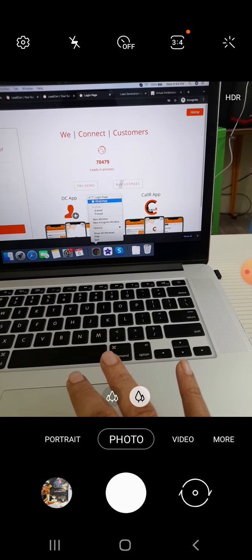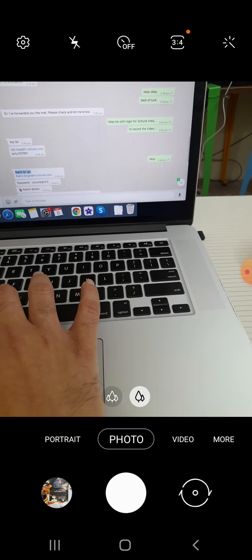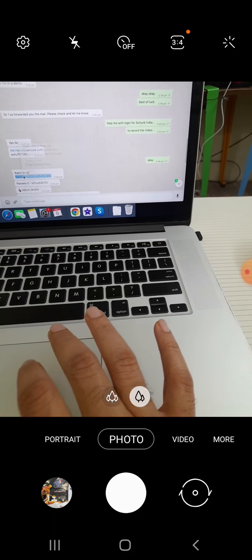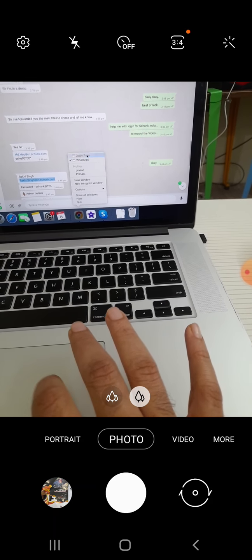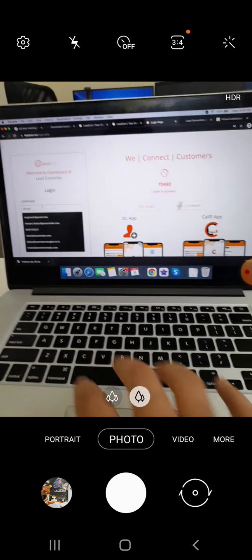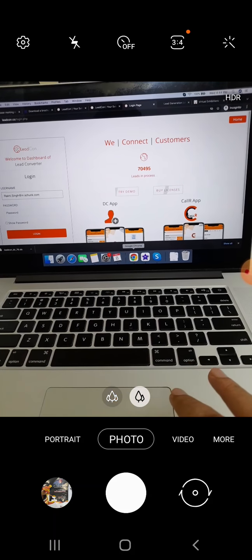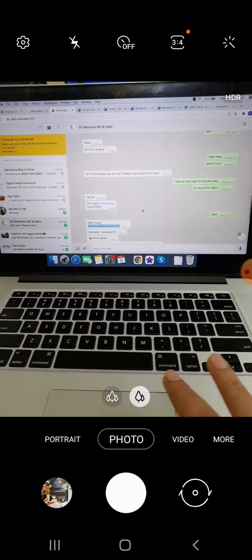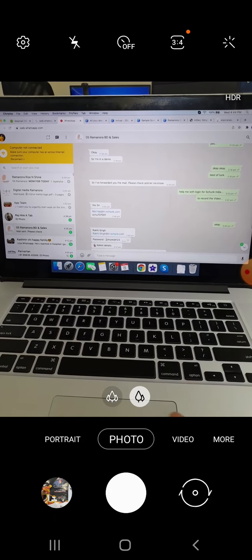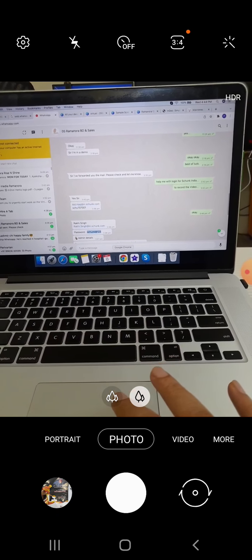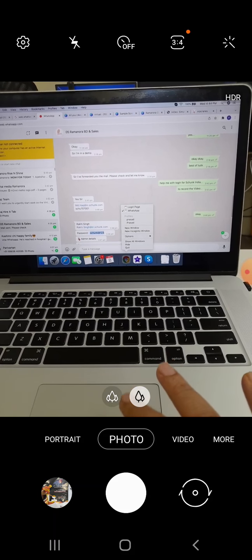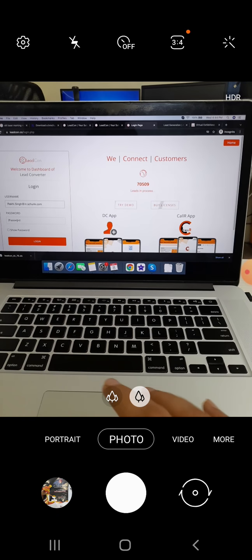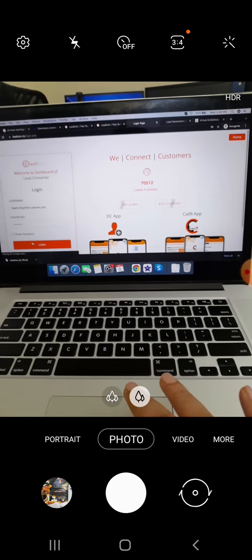So I have your login credentials. Click on login.